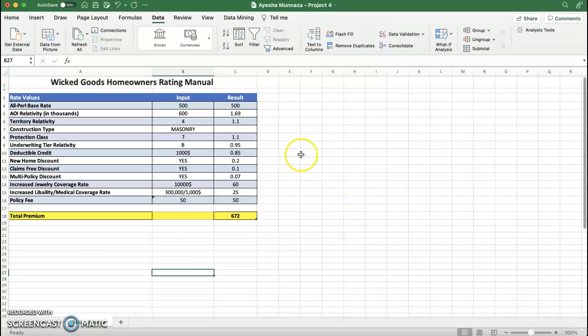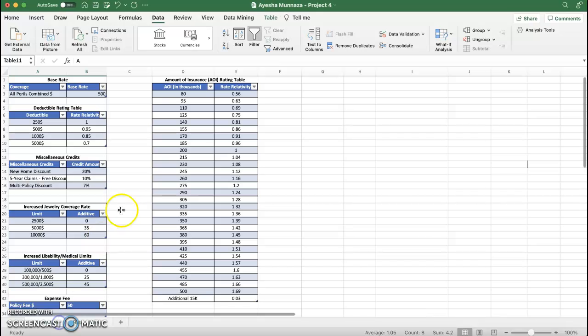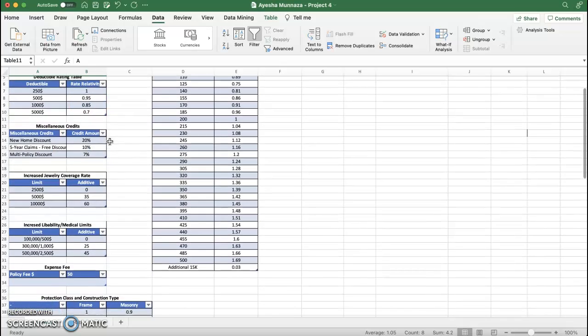Hello everybody, today we're gonna see how we can calculate total premium based on the input that is given by the user and the rates that we can look up in our information table right here. So this is the information sheet where you find the base rate table, the deductible table, miscellaneous credit,